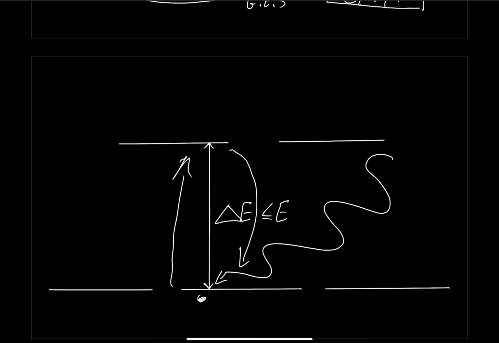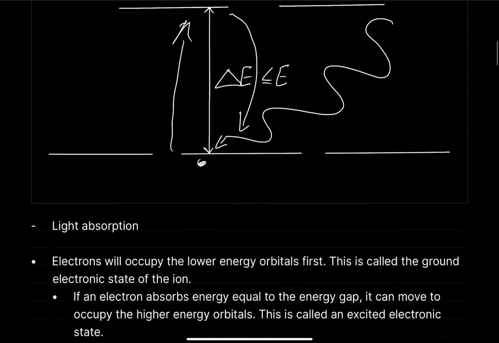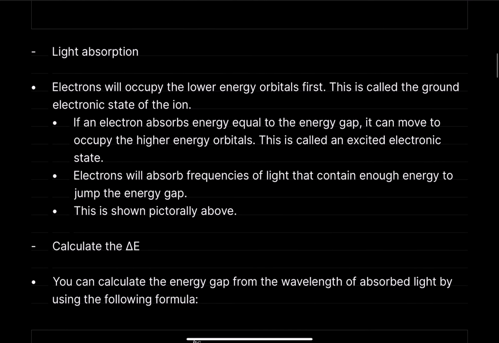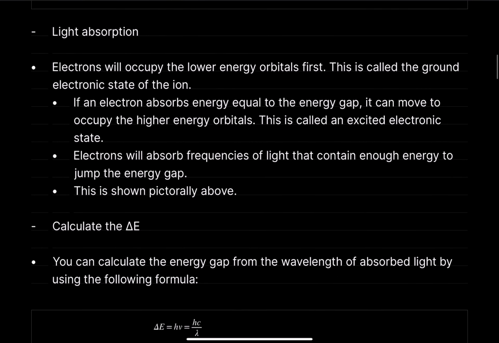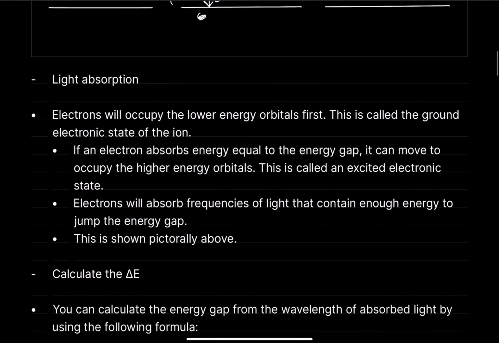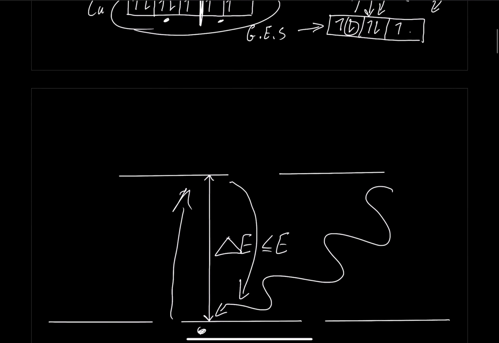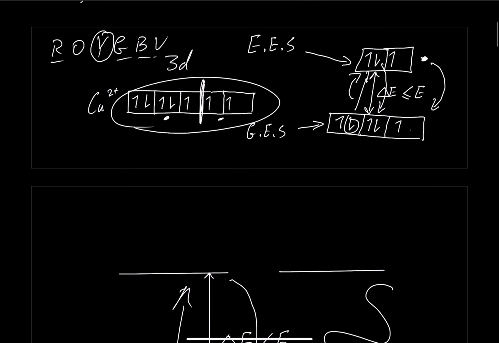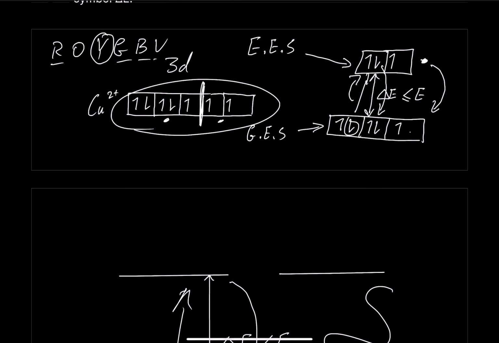All right, so hopefully that all made sense. I will say one more thing before I move on to the next part. There is a question that sometimes comes up in the exam, and it's actually a very simple question. It's a 1-mark question, and it will ask why it is that you can tell zinc doesn't present